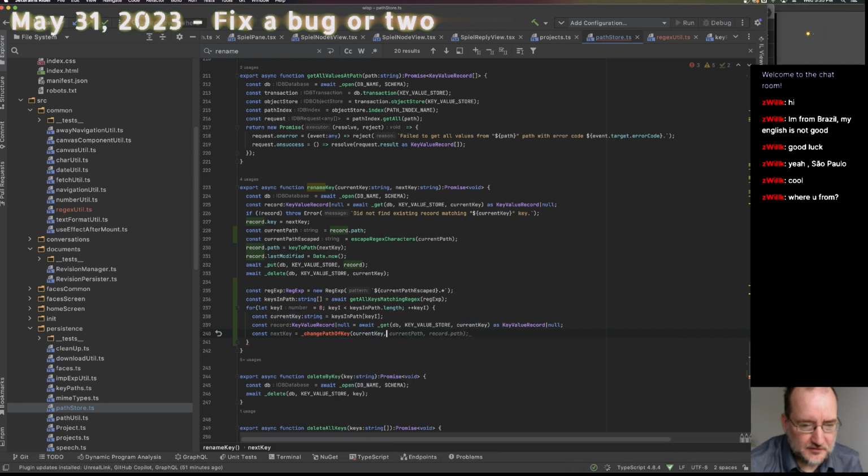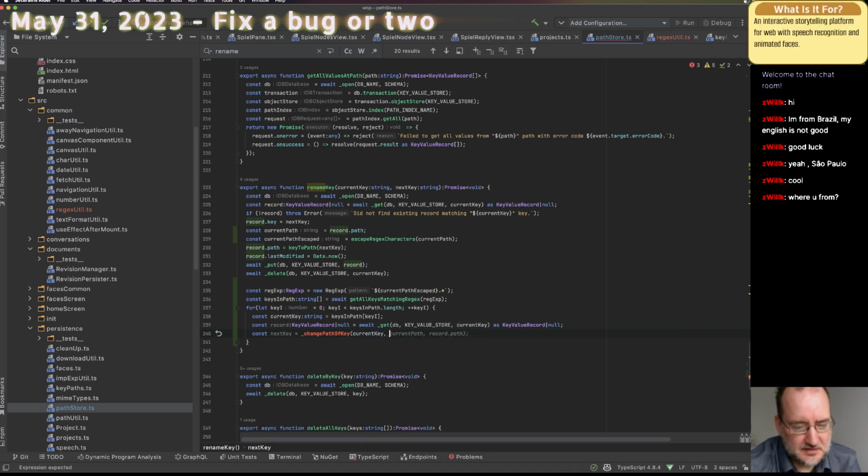And then also the current path, and I need the path from up here though.